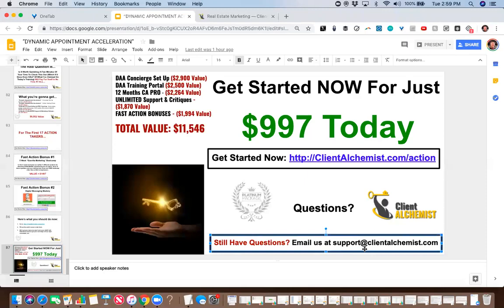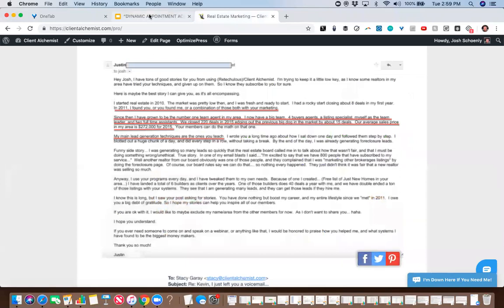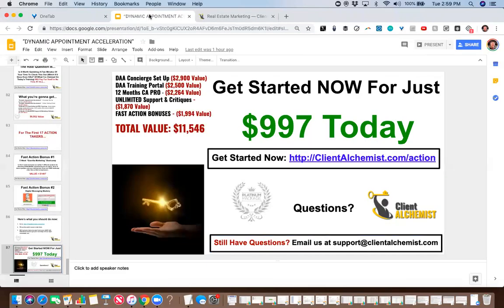Here's another one. Does this work in Canada? And this is one that we often get. And the answer is unequivocally, without question, it works in Canada. And in fact, Justin's in Canada. This process, these principles, they work not only in different countries, but they work for different industries.